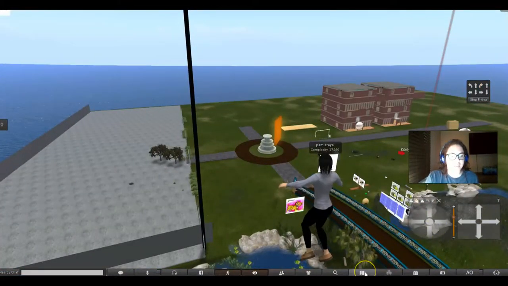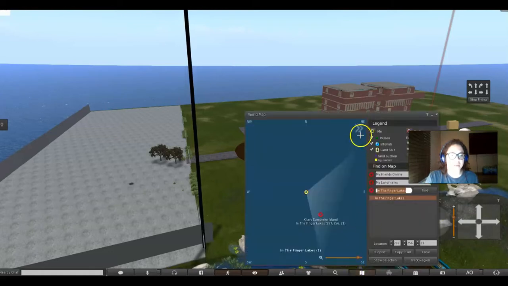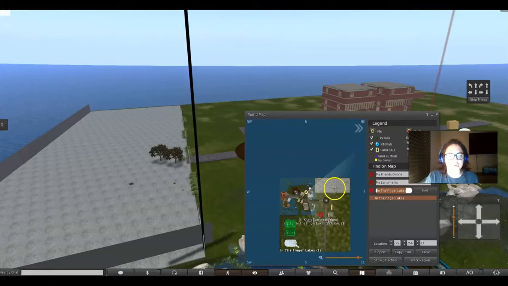If you open up your map here again, we're looking at it right now, but I just want you to know how to use the map. Once you're in the island and you open up this map, then you can teleport to a specific place. We want to go to the building sandbox, which you are going to be using to create and practice your lessons. So if you click on that,